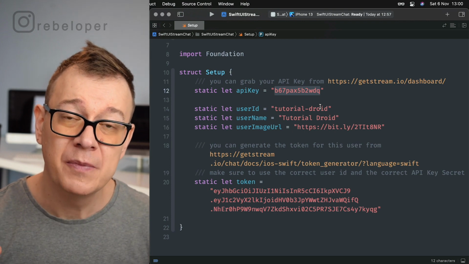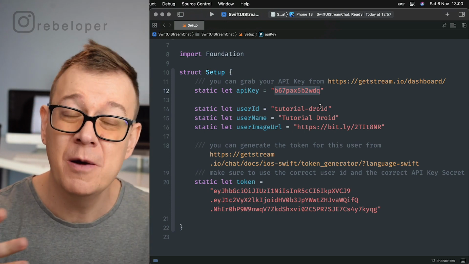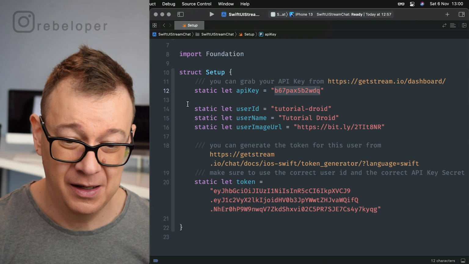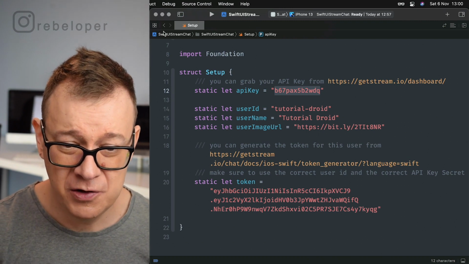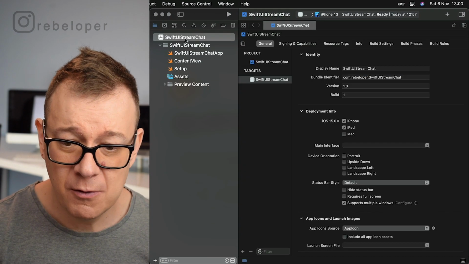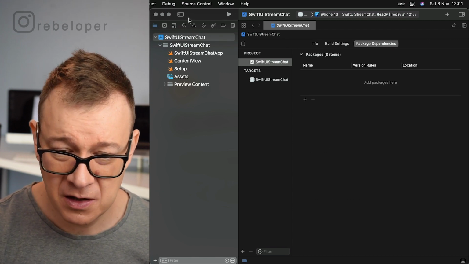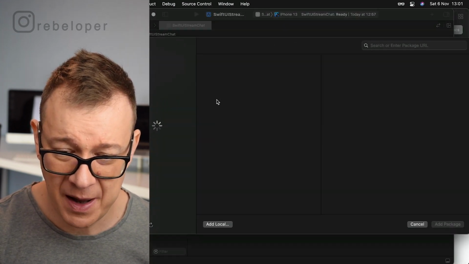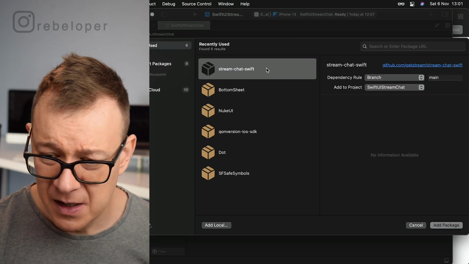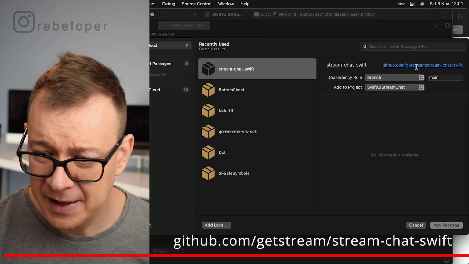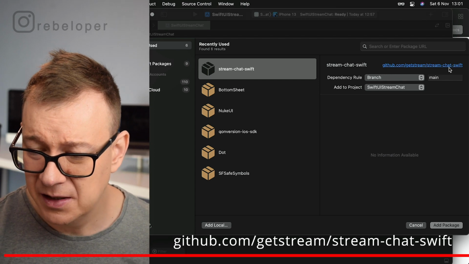Next up, we are going to use these UI components that Stream lets us use. And for that, we want to add a Swift package. So let's just go right over there and add a Swift package dependency. It's at github.com getstream streamchat Swift.